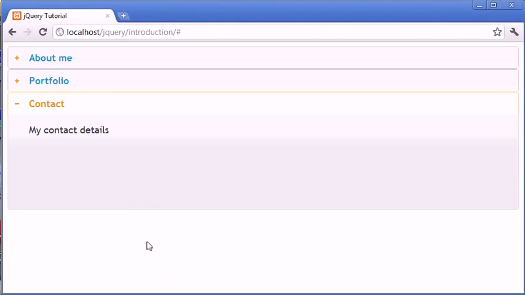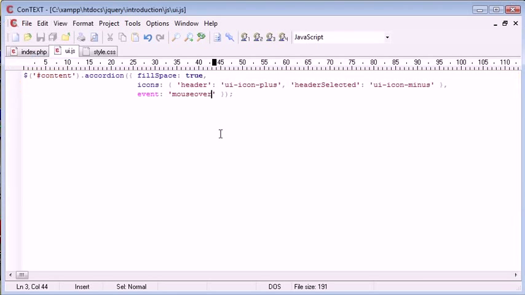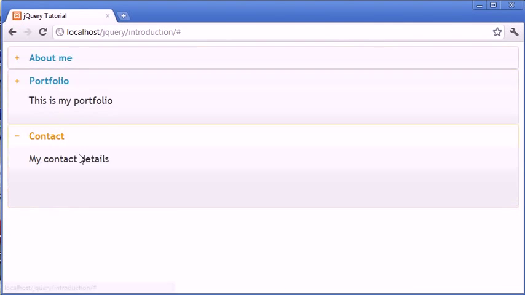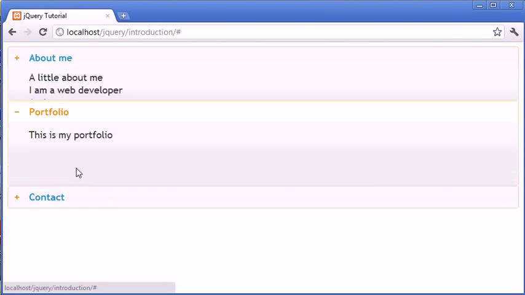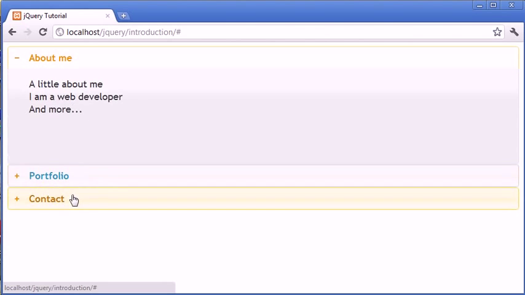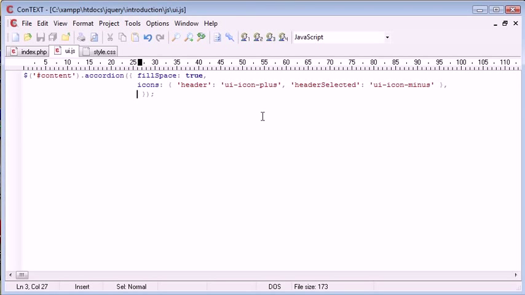Now we're going to take a look at the collapsible option now. Let's just go ahead and change this event, or delete this event option, so we have the clickable option set. Okay, so what happens now if we want to say close portfolio? When I click on portfolio I can't actually close it, so there always has to be one div area open at a time. So inside here we can set the collapsible option to true,